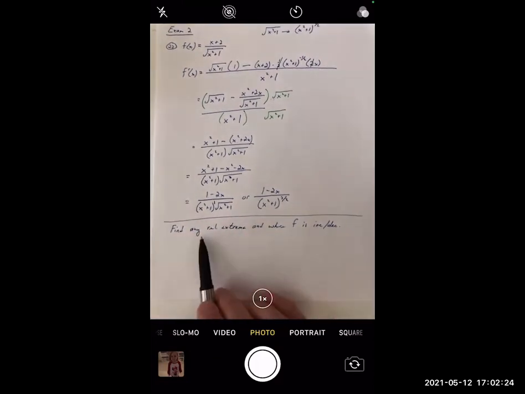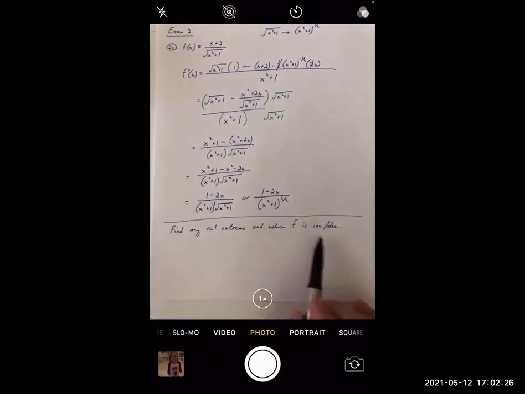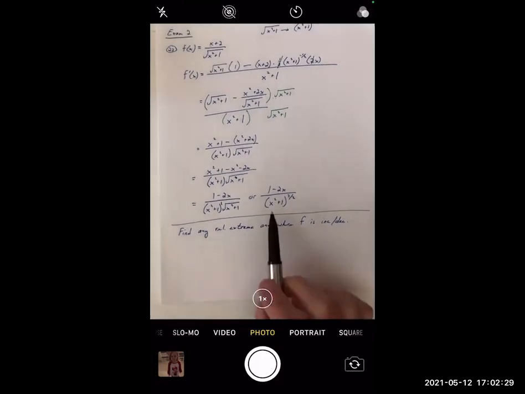So if you're going to find any relative extrema and intervals of increasing and decreasing, you definitely need the derivative,